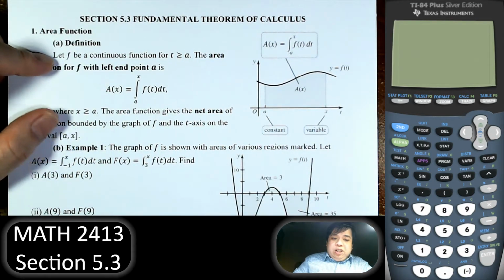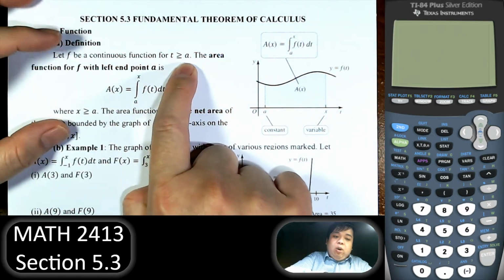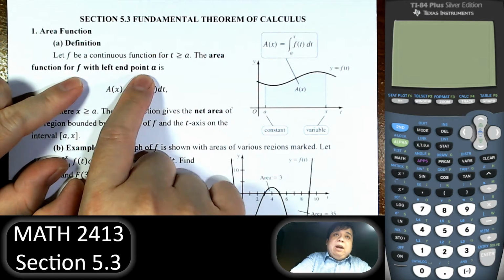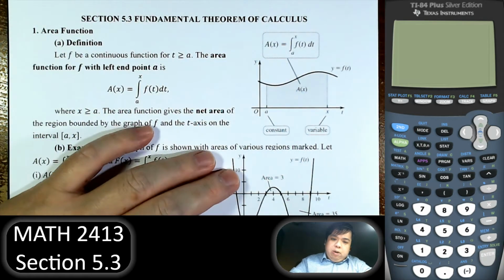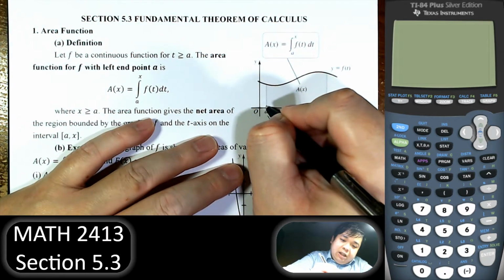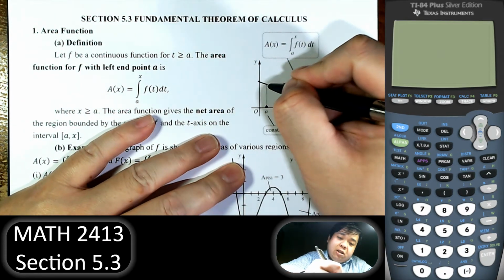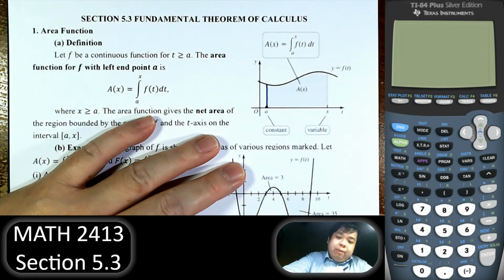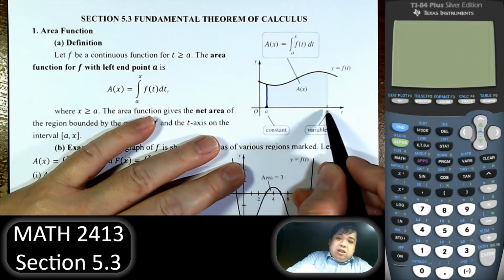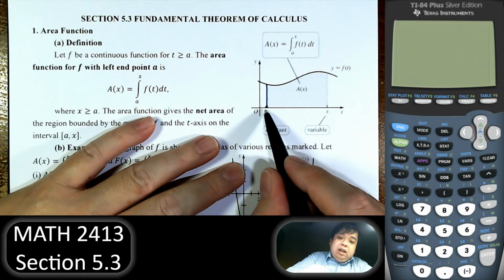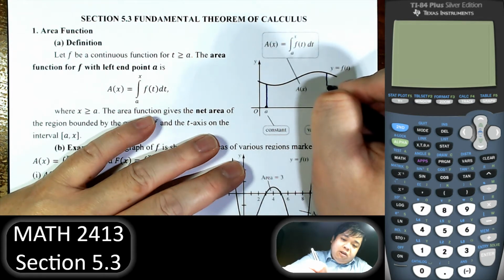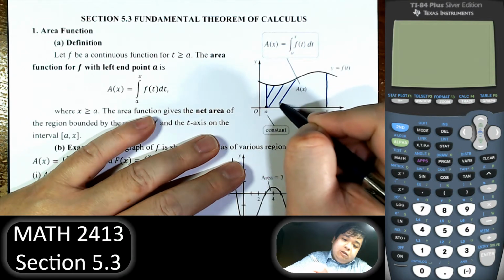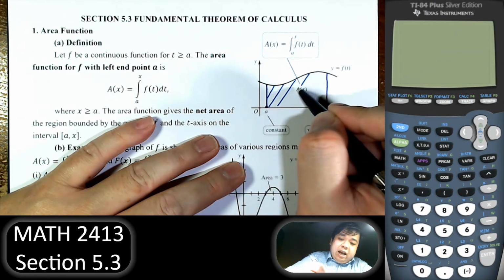So let f be a continuous function for t greater than or equal to a. The area function of f with left endpoint a is given by this. So pretty much we will have the constant a here. That is constant, and the area will count from that on forward. Whenever we have a point x on the right side of a, the area function is defined to be the area, the net area of the function and the x-axis